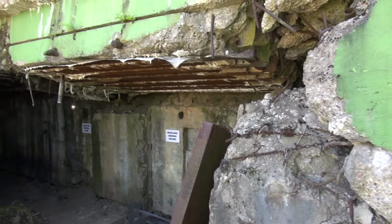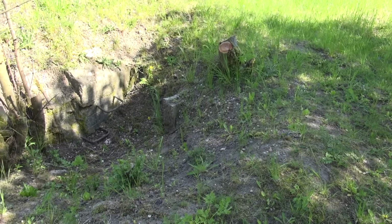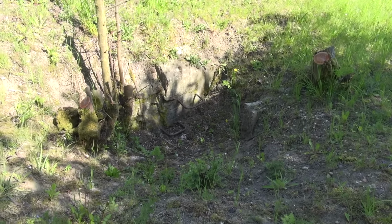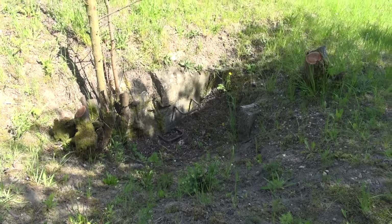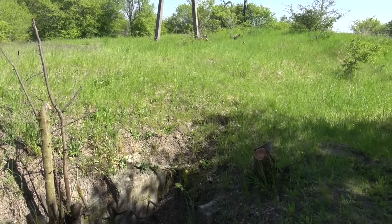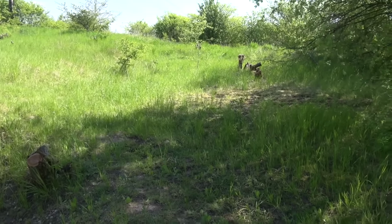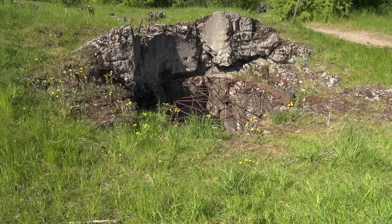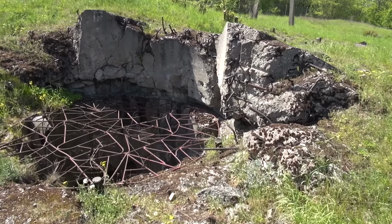So we go up. Some hill somewhere. This is one of the emergency exits. It would have been filled with sand, so you could scoop it up from the inside. We're on top of the fort now, looking for...